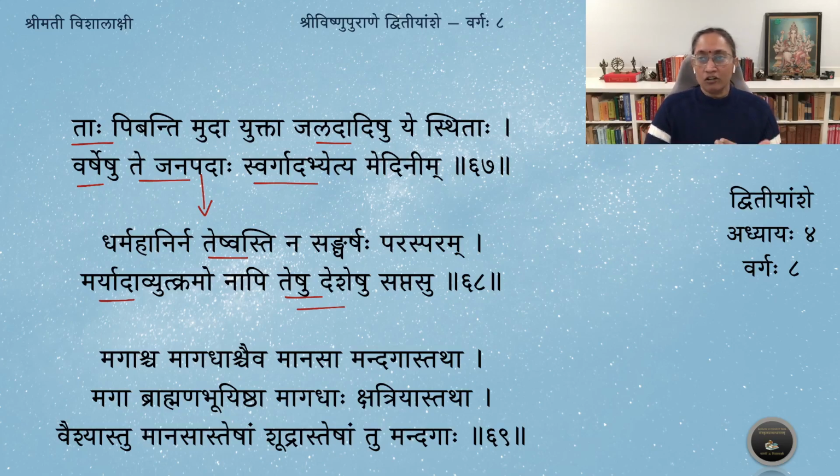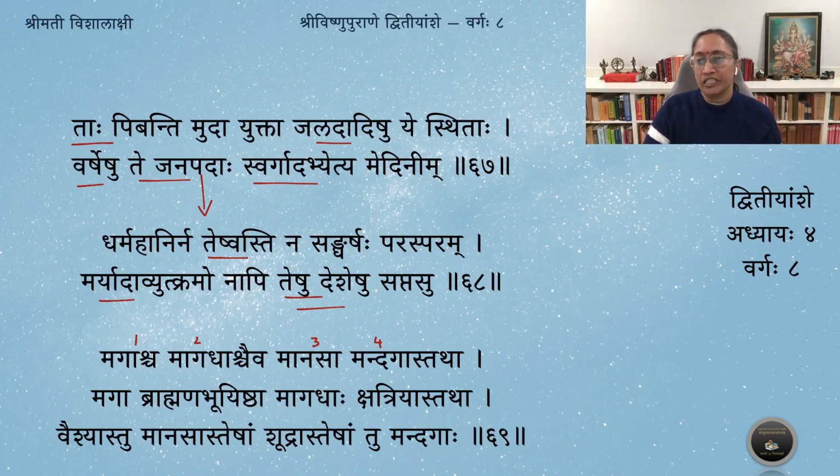Magaha. Now he moves on to the different kinds of people there. As I said before, chaturvarnyam tu tatrapi vartate. Magaha cha Magadhaschaiva Manasa Mandagaha tatha. So these are the 4 kinds of people: Magaha, Magadha, Manasa and Mandagaha. These are the 4 categories of people who were there in Shakadvipa.